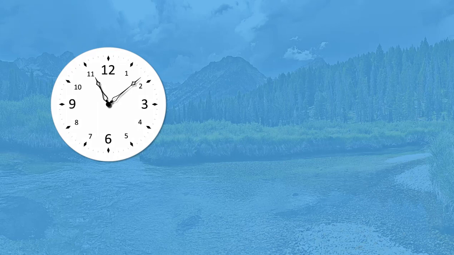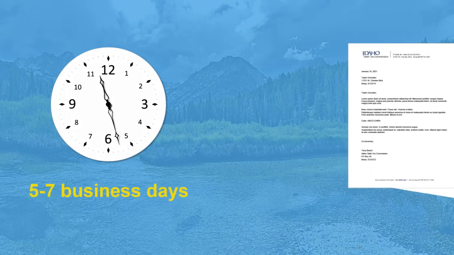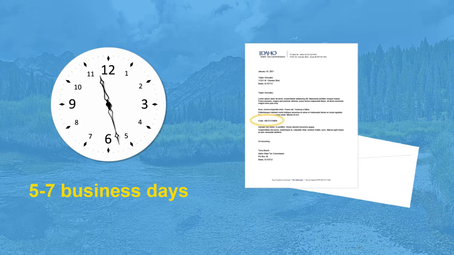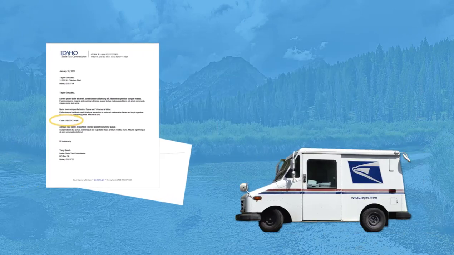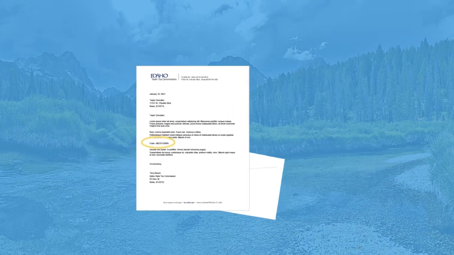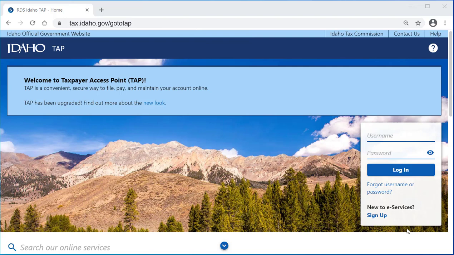Now, it's time to wait. In about 5 to 7 business days, you'll get a letter containing your registration code through the U.S. Postal Service. We send a letter to your mailing address on file to keep your registration code secure. When you get the letter, go back to